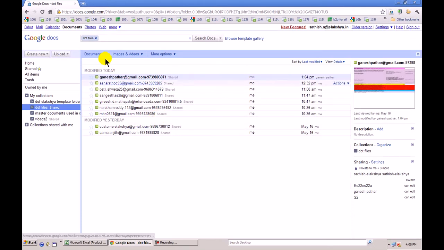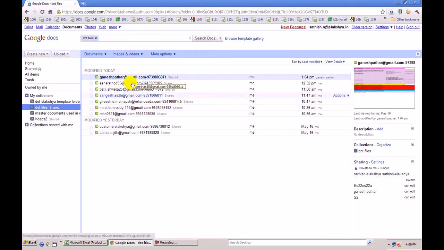A few more points on .eleksha. Point number 1. The .eleksha file is extremely secure and your security is completely protected. Only two entities, two people have access to your .eleksha file. One is yourself and the other one is just one ID in our company Elakshya called satish.n@eleksha.in. Only these two IDs have access to the .eleksha file, therefore your data is completely protected, your security is fully taken care of, all your information is accessible only to you.